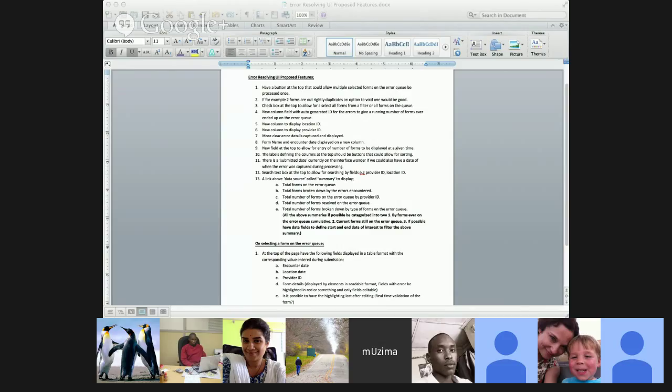So you will have a button to edit the payload, and this will bring up a text area for the JSON. Instead of displaying plain text right now, it will display a text area with the JSON, and then you will be able to manually edit the JSON and then have another button to try processing this with the processor